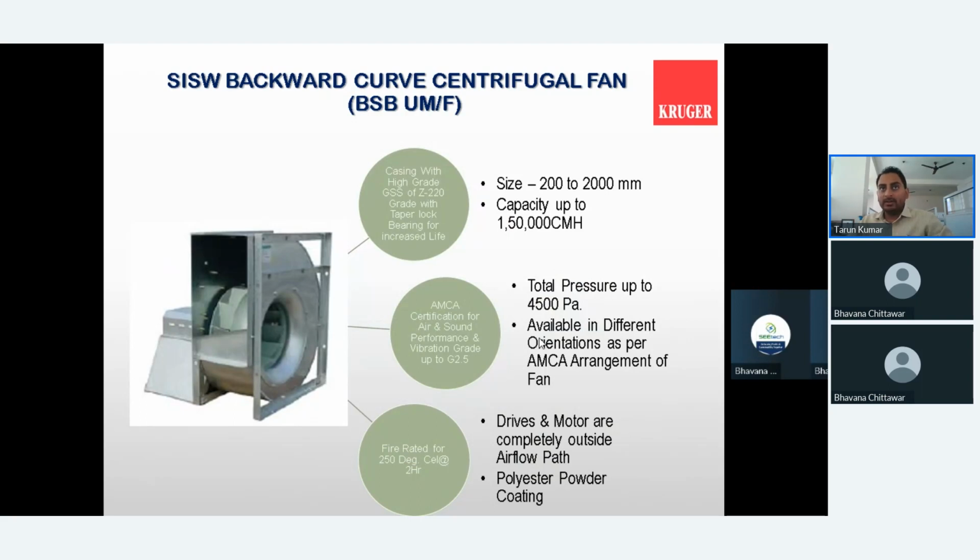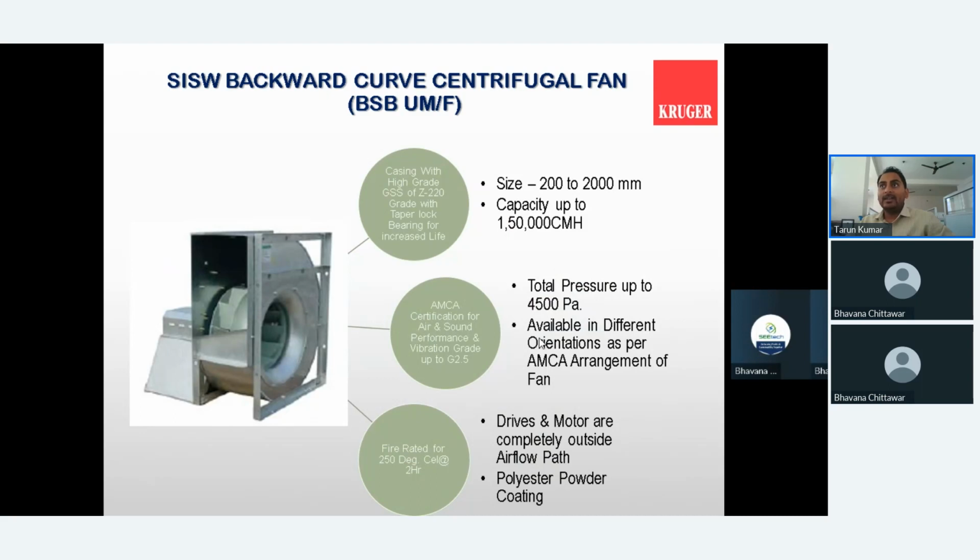Mainly the SISW fan is very famous for kitchen ventilation, and it is available with belt driven as well as direct driven arrangement. The key feature of the kitchen SISW fan, and what we have to think about before proceeding with kitchen ventilation, is that we have to safeguard our motor, because everyone is aware that oily and greasy particles will always be in the airflow path, and your air temperature will always be more than 60 to 80 degrees. We are always aware that the motor is the weakest part of the fan, which has to sustain such a high temperature for continuous operation, because many hotels are running 24/7,